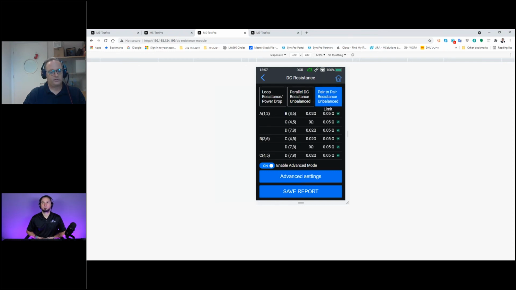Pair-to-pair is actually showing us the difference between the twisted pairs. For example, if we're testing here, this is the difference between pair A and B inside the cable. It's wires 1 and 2 compared to 3 and 6. And this is the difference that we are measuring at the moment, 0.02 ohms on the twisted pair. It's affecting the skew, the time it takes for the propagation of the signal throughout the twisted pair,